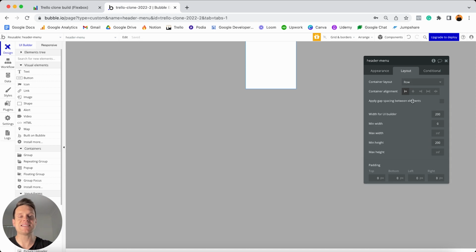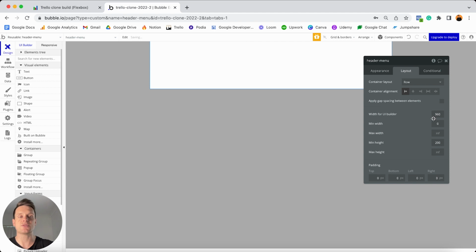Then once I've selected the container layout, I'll be able to update things like the width settings for this group. And the first thing I want to update is the width of our UI builder. So right now it's currently set to 200 pixels in width, which is why this element is quite short. What I'm going to do is actually set this to 960 pixels. Now, by all means, it doesn't really matter what value you add into this section here. This is only the width of what this element looks like inside of your Bubble editor, which is the UI builder. So while this looks like it's 960 pixels in width